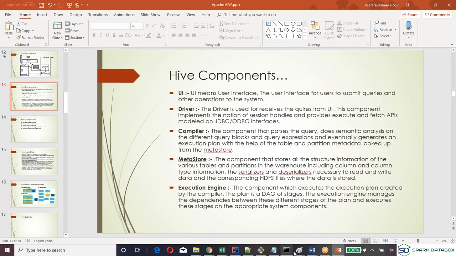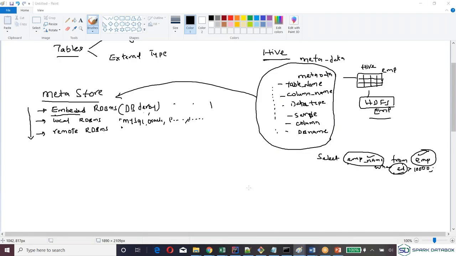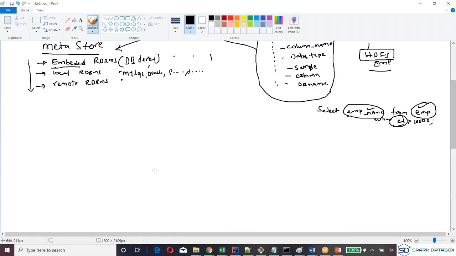Now one more point I want to bring to your notice: whatever the Hive table you were saying, that is nothing but a folder in HDFS. Here, rows are data, whatever data you are loading.